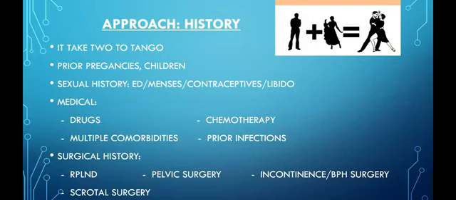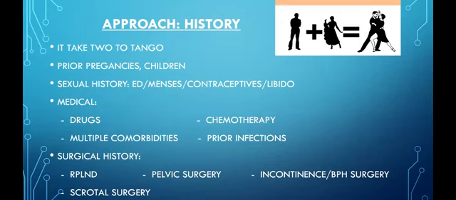So when one approaches azoospermia, I think the important thing is that most of us will approach infertility patients in the same way. We will take an appropriate history, do an appropriate examination, and then end up doing a semen analysis. On that semen analysis, we'll identify azoospermia. So just to start off with a general approach, remember it takes two to tango. There's a male and a female. Make sure that you take an appropriate history and that the female is also evaluated.